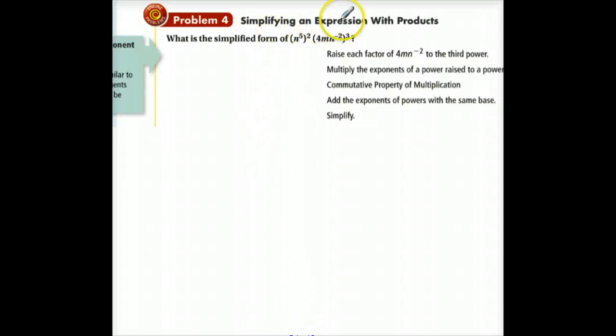All right, simplifying an expression with products. You need to be very patient with these because you just do part by part and remember all of your properties. I'm just going to rewrite this as a long multiplication problem. First, looking at this half, n to the 5th raised to the 2nd. That's a power to a power, so I multiply. I'm going to have n to the 10th multiplied by,